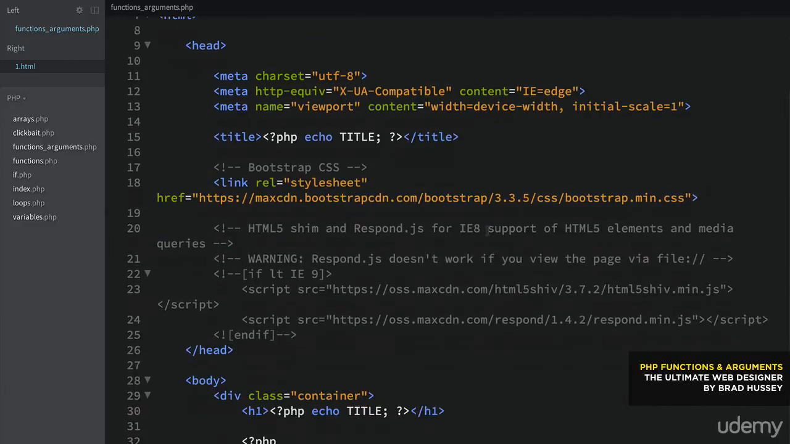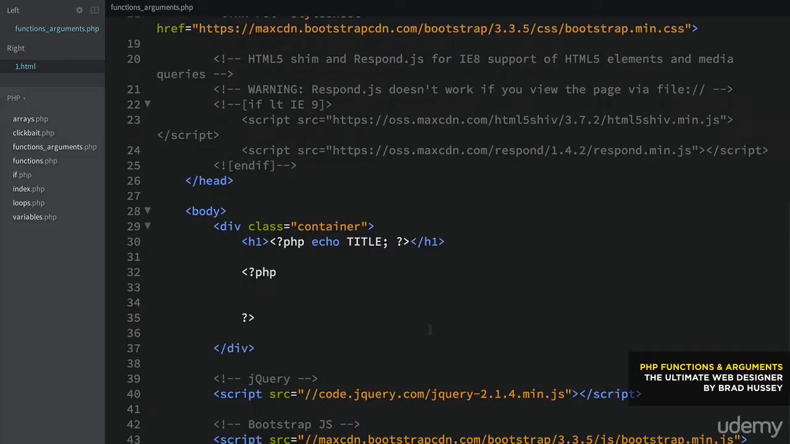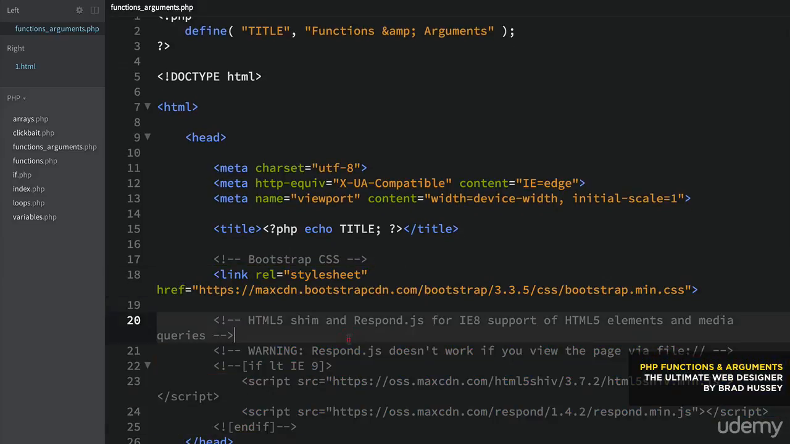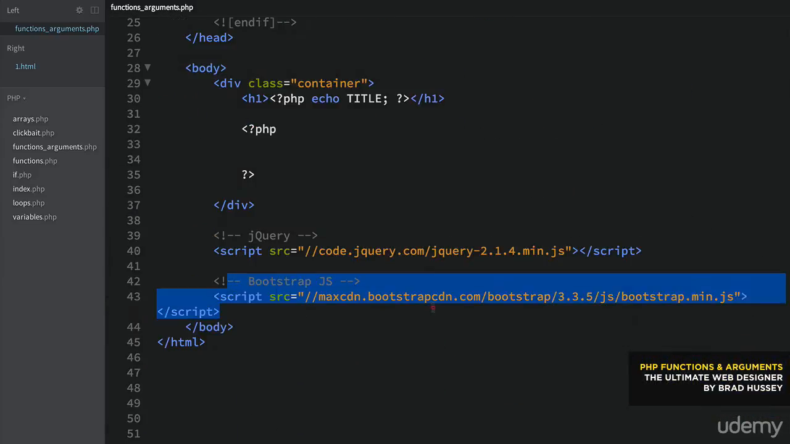Welcome back, friends. Before we jump into this lecture, I want to let you know about a little mistake that I made, but it shouldn't really affect you, but I want to let you know anyway. When we added the Bootstrap CDN for the CSS for Bootstrap, and then we had the HTML shim respond.js, and at the bottom we added the Bootstrap.js, all from a CDN, what I realized a little later was that in order to use the Bootstrap JavaScript, it needs access to the jQuery library, which I forgot to add initially